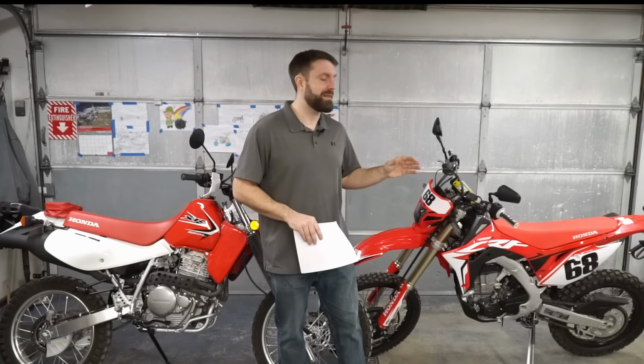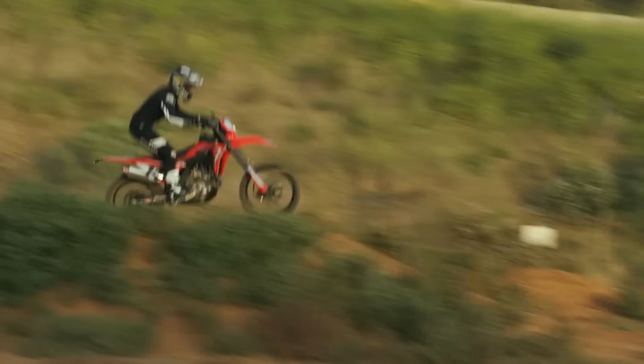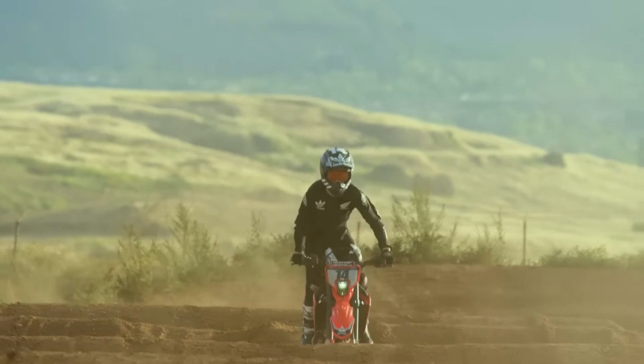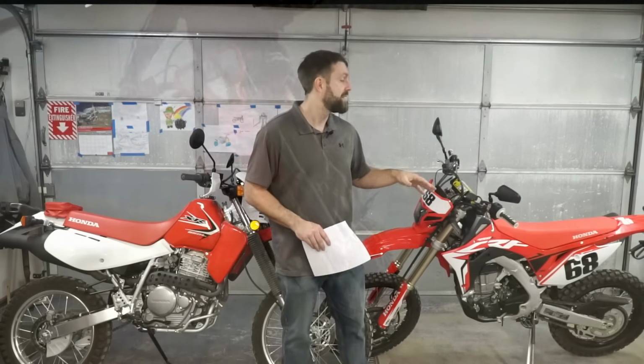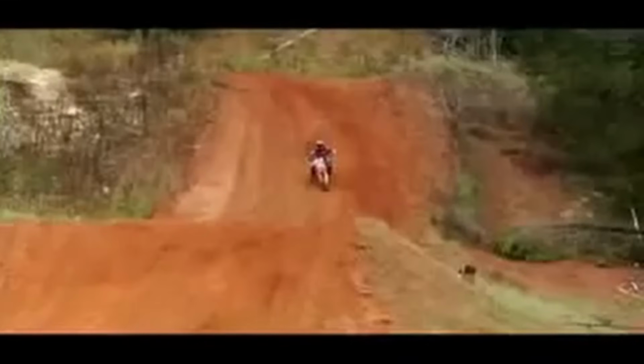Okay, so if you wanna see what the 450L can really do, I recommend, if you haven't seen it before, to watch Cole Seeley's video of the bike he did. He tore it all the way apart and built it back up, but the point is he takes a street legal bike out to a supercross track as a professional and rides a supercross track. It's really amazing. I actually, though, enjoyed Ivan Tedesco's video that he did riding the 650L on a motocross track,